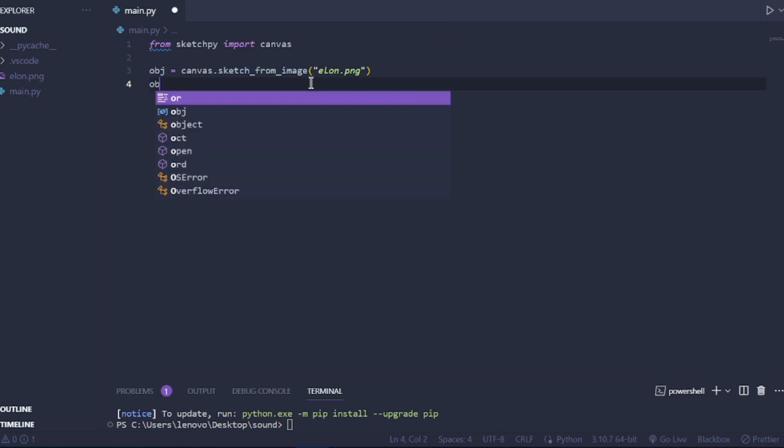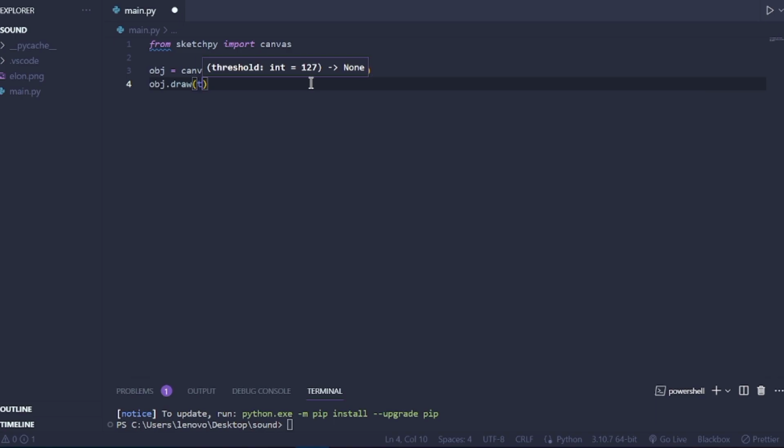afterwards you can call object.draw, and then we also have to define the threshold for it. It could be 120 or 125, and that's up to you. Yes, that's it. It only takes just 3 lines to create this